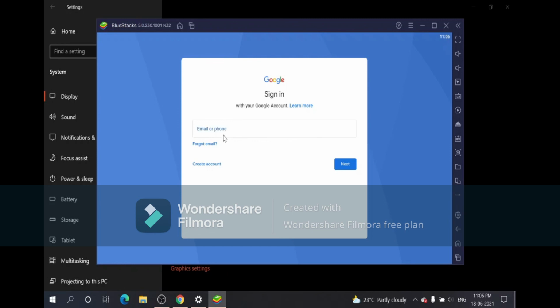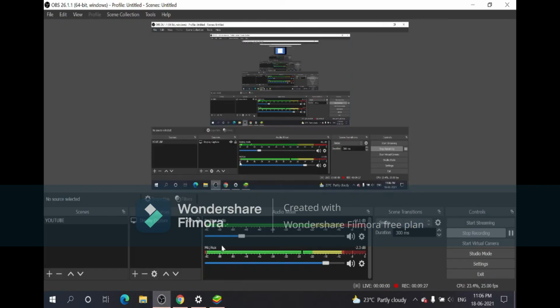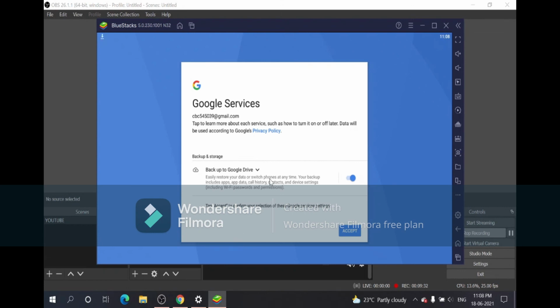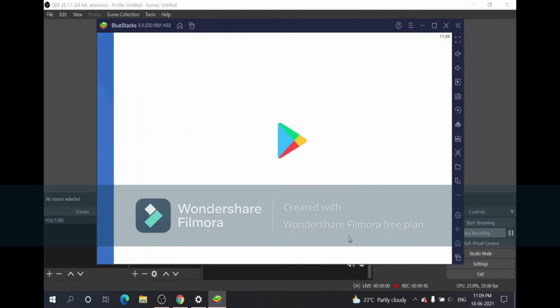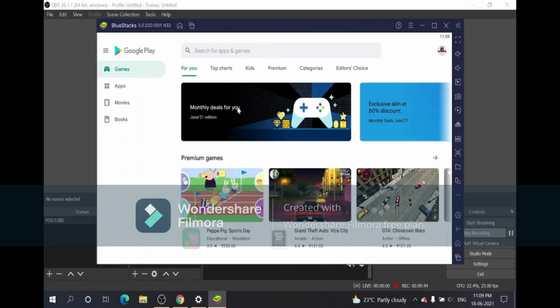So you should put your email ID, and it will ask you your password. I'll do it off camera right now. So guys, the step I'm going to show you now is pretty important. After you put your email ID and your password, this will show up. So just turn that off and press accept and done.